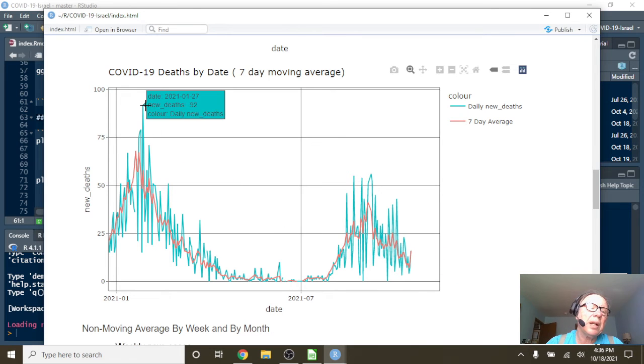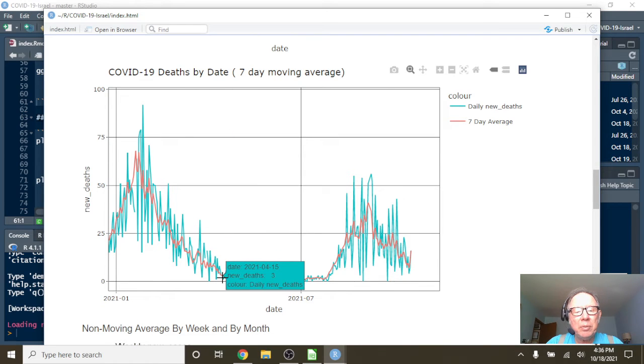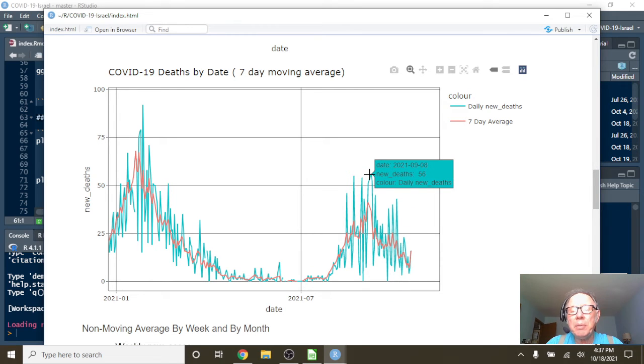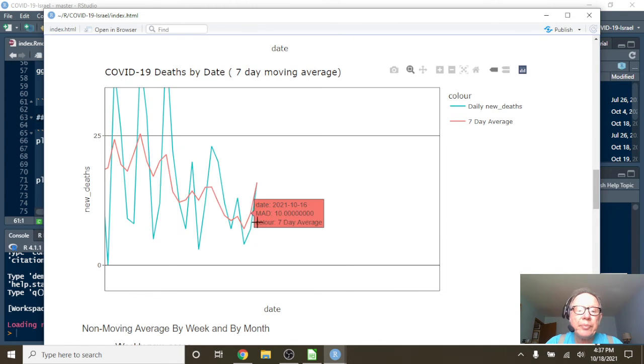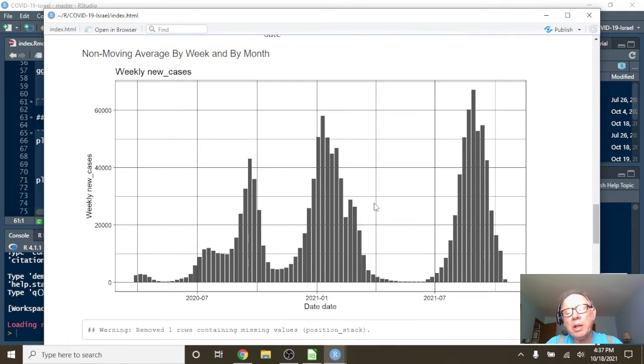If we look at deaths again, a single spike up here on January 27th to 92 deaths, followed by, then you again, down here beginning in April, you had this 2 or 3 month period when your deaths were single and double digits, even zero deaths reported on some days. Then of course, July, you saw that spike, spiking up on September the 8th to 56 deaths. And you saw that on October the 15th, the deaths had fallen back down to 4, with an average death of 16 per day.